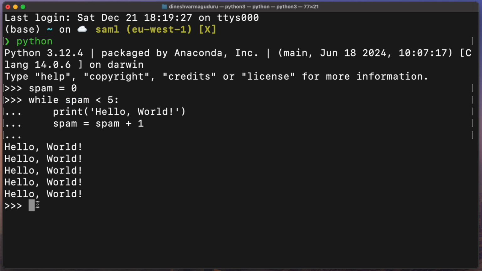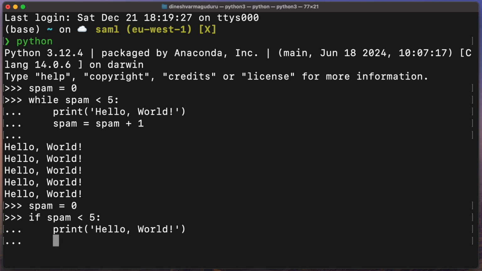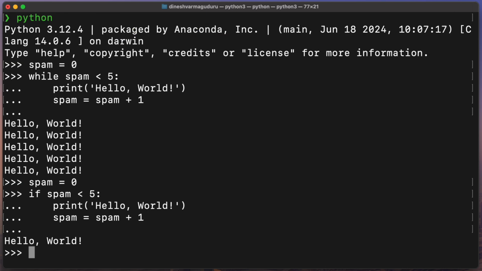Now let's compare this with an if statement. Let me write the same code for an if statement. So I will set spam equal to 0, and if spam less than 5, print hello world, and I will increment spam by 1. It's the same piece of code which we had earlier, but I have replaced the while statement with the if statement. If I run this code, it has printed hello world only once, because an if statement will